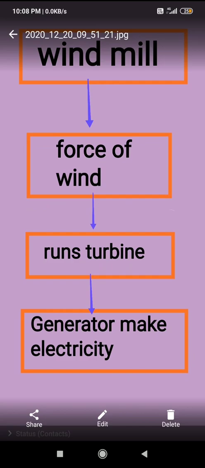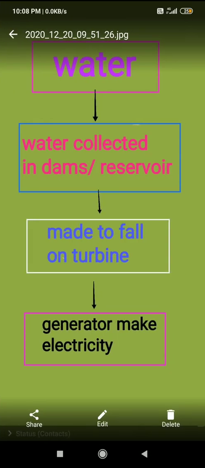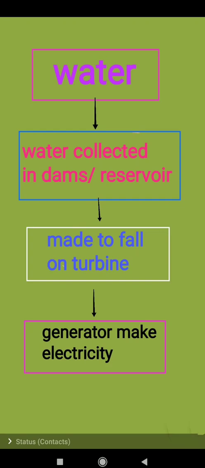Wind means moving air. Okay, then next one, that is water. Using the water also we can generate the electricity, right? So what happens, do you know dams, students? We have a reservoir, to stop some water content. What we will do, we will build a strong tall structure using the cement and other bricks, right? Across the river, that is a dam, right or not?